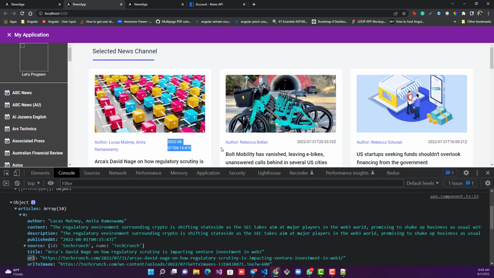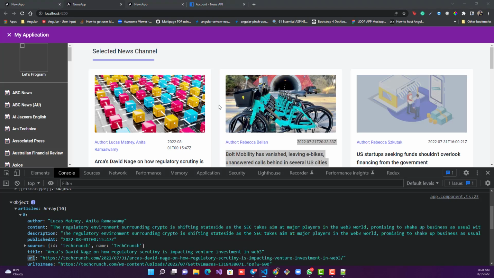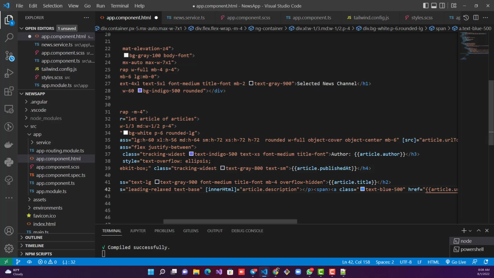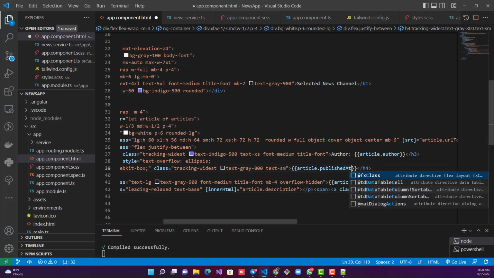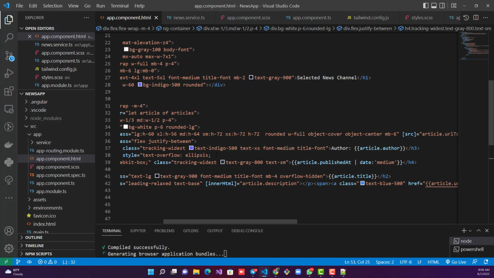All right, and I see one more thing to be done, which is the date. For making this date look good, we can make use of something called a pipe in Angular. There is a pipe called date pipe. That's how a pipe looks, and we put here date, and we can give one more extra argument here as medium to this. And now if I save the changes and go to the browser,